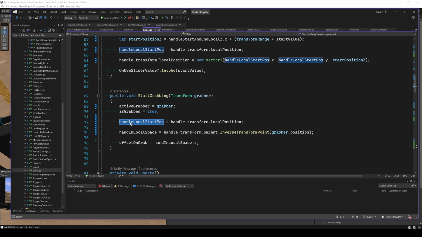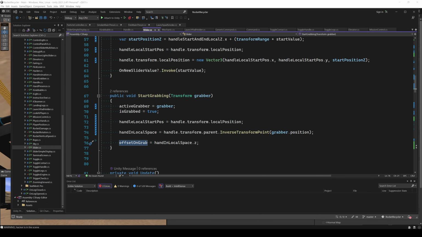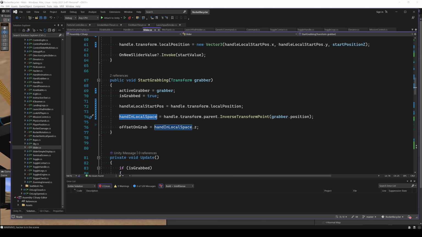Now all we have to do is, for one, we save the local position of the handle because we only want to move by how much it has moved. We don't want to move the handle right away to the hand or something. That would just lead to weird snapping and stuff. So it's all about how much did we move since we started grabbing. And we're saving this offset on grab, and all we care about, right, is that Z position, the blue vector, that's the forward. So we translate handle in local space, and then we offset on grab, and we save that when we start grabbing, because now that this is true, it means that, whoops,